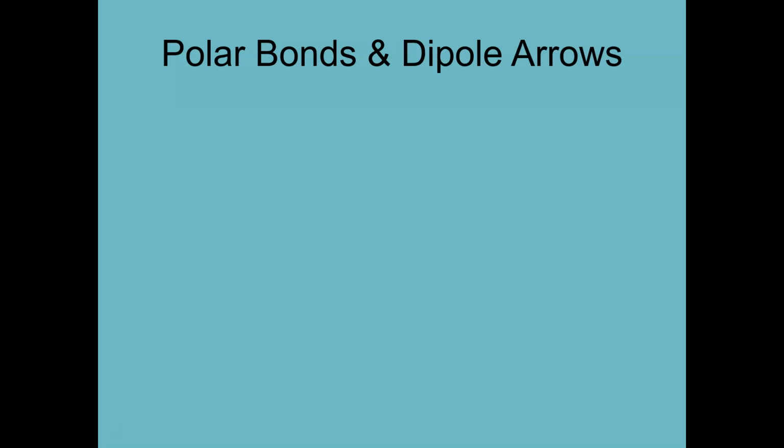Okay, well, we can define a bond as being polar or nonpolar. We can look at the magnitude of its polarity. The one last thing we want to do is talk about what's called a dipole arrow, which allows us to actually indicate what direction a dipole is. A dipole is simply a permanent separation of charge, saying that one atom has a partial